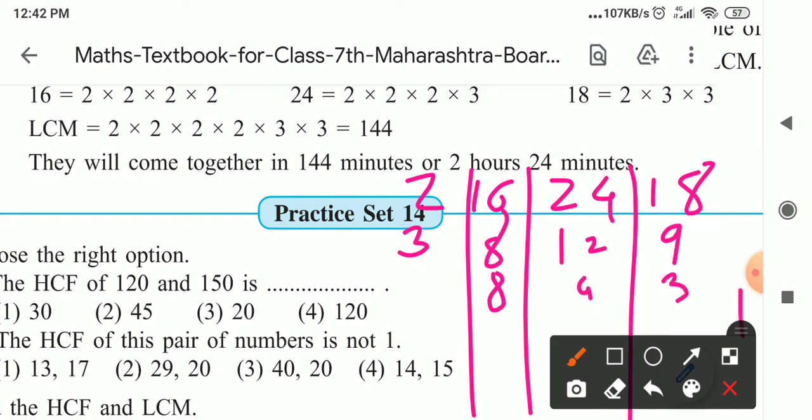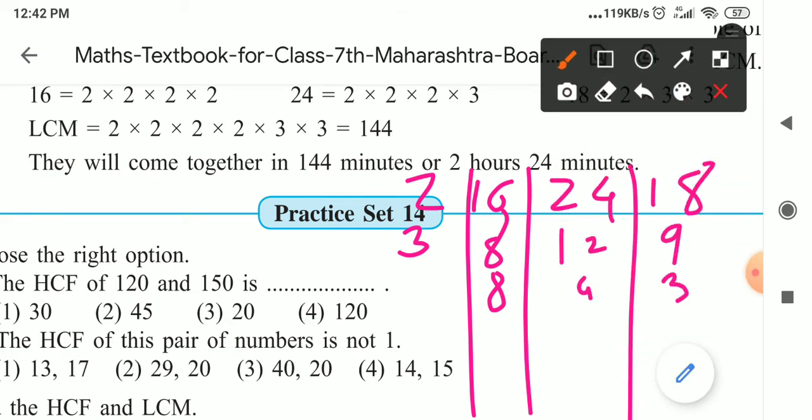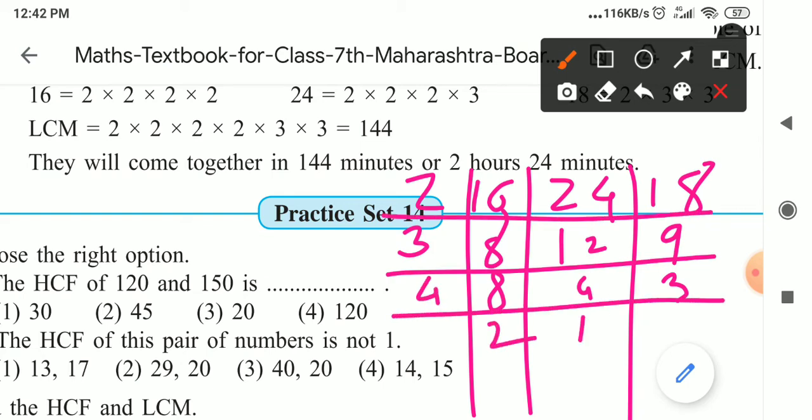Okay. Now if you see here, these two numbers are divisible by 4: 4 2s are 8, 4 1s are 4. And here 3. So how many times 2 do we have here? 1, 2, 3 and 4. So 4 times 2 came, and 3 3s are 9, so 3 into 3. So you can find the LCM in this method also.